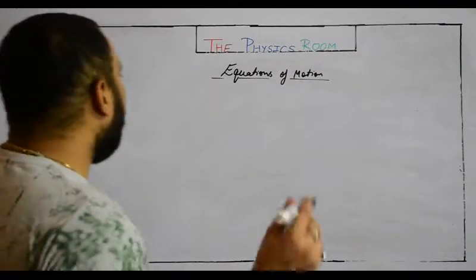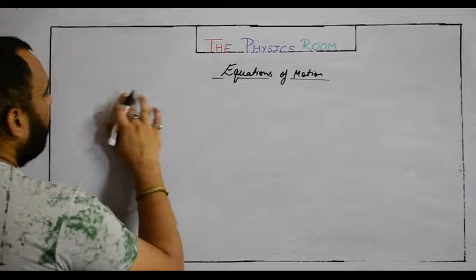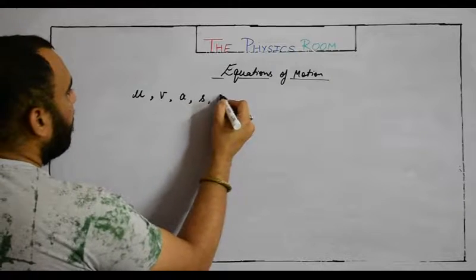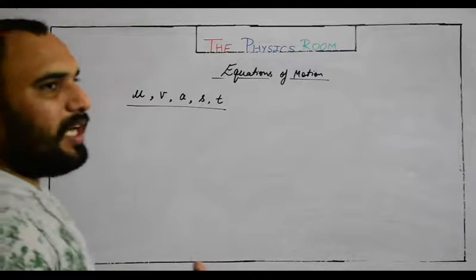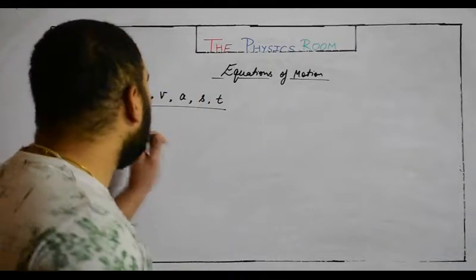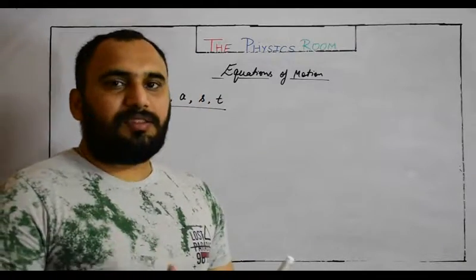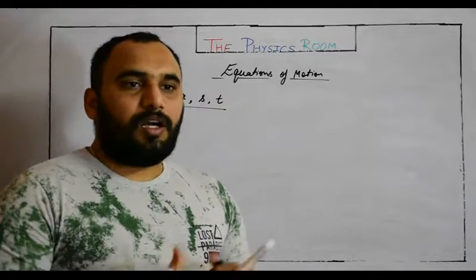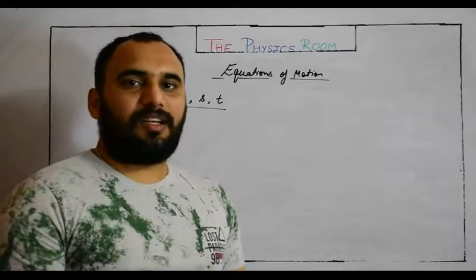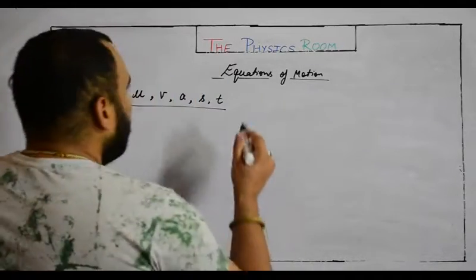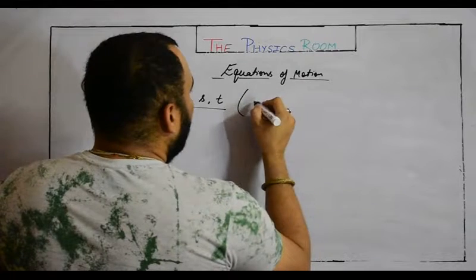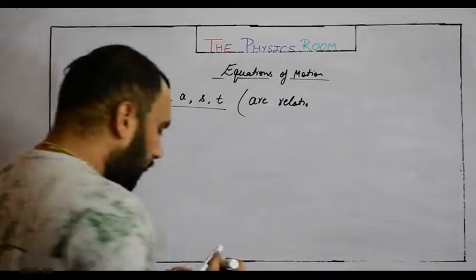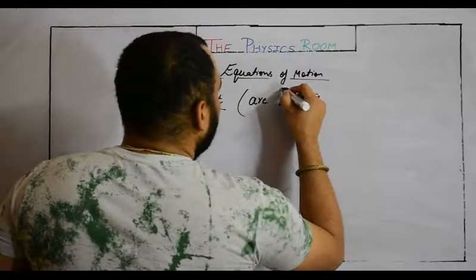First thing we need to understand is the meaning of equations of motion. So let me tell you, we have collected the information about initial velocity, final velocity, acceleration, displacement and time. Equations of motion are just mathematical relations between u, v, a, s and t. Means equations of motion basically provide a mathematical relation between initial velocity, final velocity, acceleration, displacement and time. So we can say equations of motion are basically relations, and which kind of relation? Mathematical. We should write.